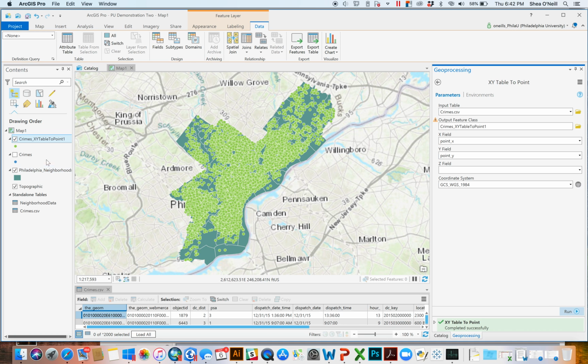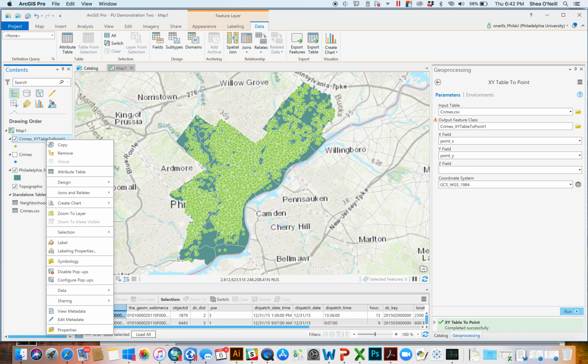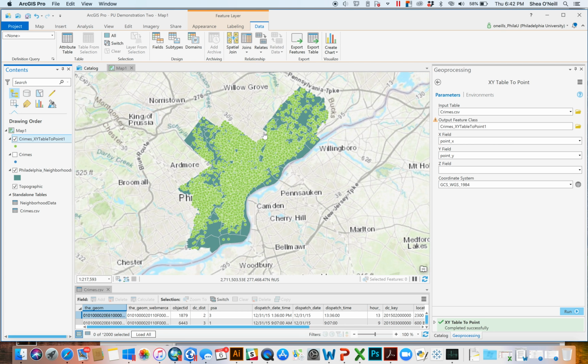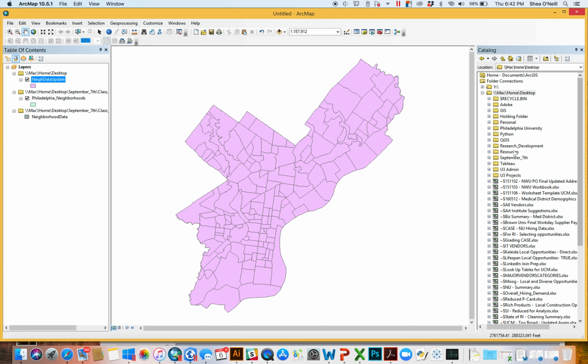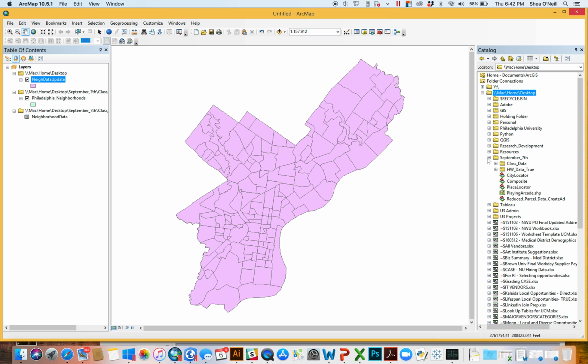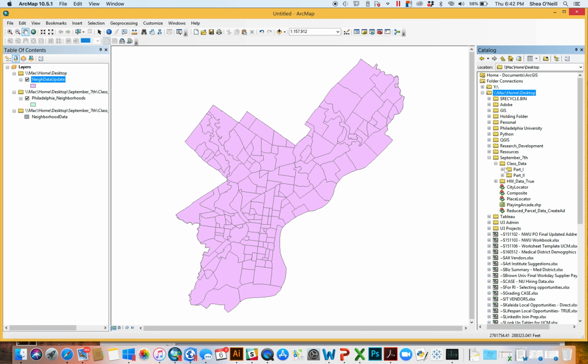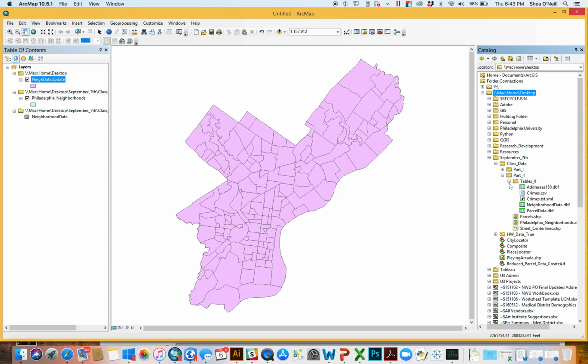And there you go, boom, we have plotted our crimes. All of that data that was on a table now exists in a spatial sphere, and you can do this for any point data that you have. It's no different if you want to do it here in desktop. Right, you would simply drag in your crimes data,